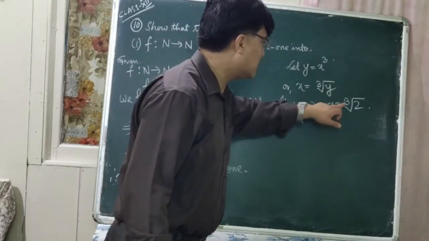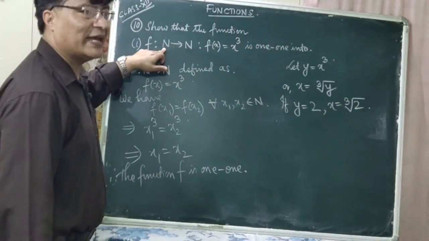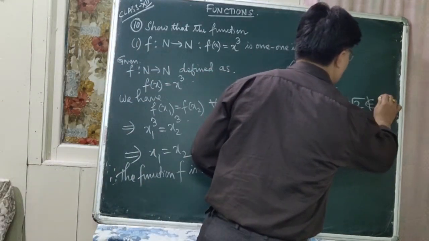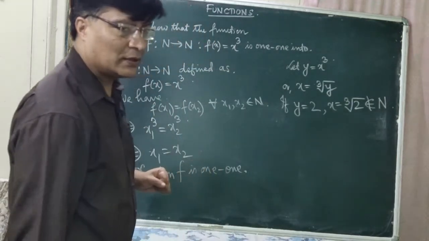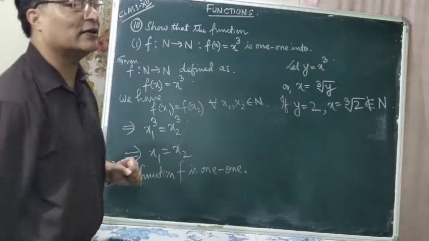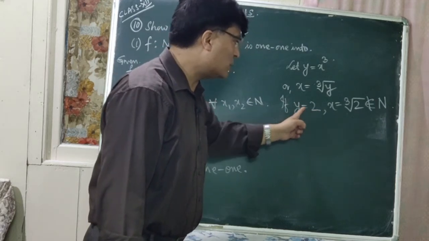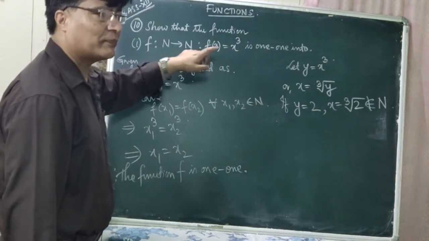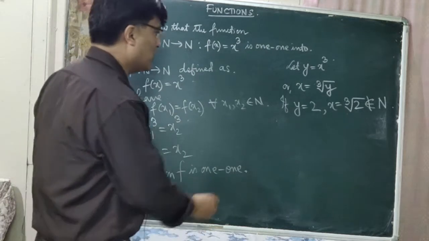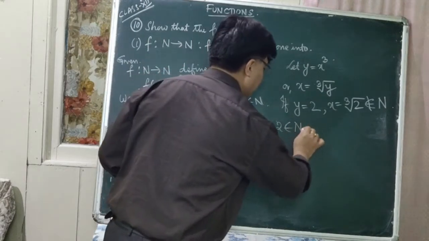That means x is equal to cube root of 2, this cube root of 2 does not belong to the domain N, because cube root of 2 is not a natural number. Is that clear? That means if y is equal to 2, then x is not a natural number. That means 2 belongs to the codomain N, but it does not have any pre-image in the domain N. So therefore 2 belongs to this codomain N